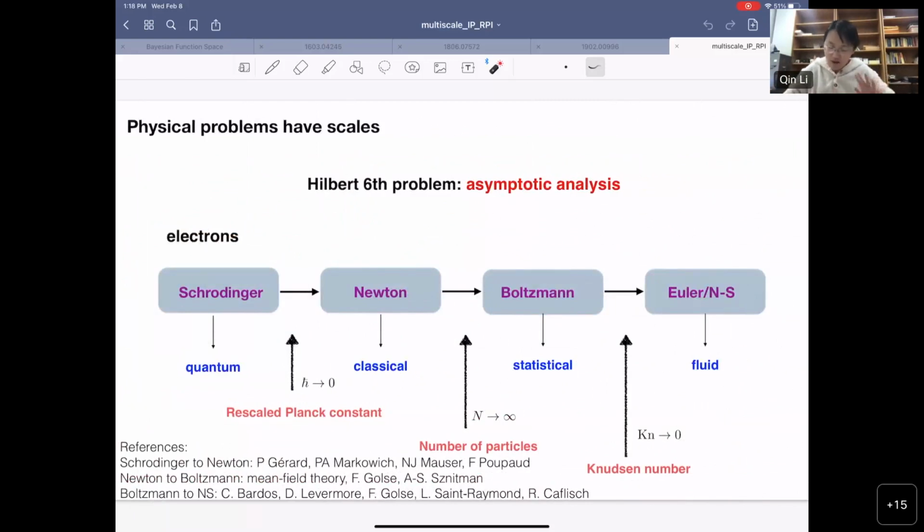And to this day, we roughly know that the underlying structure that connects one equation to the next hides underneath asymptotic analysis in the following sense. So suppose we're looking at the Schrodinger equation. There's a Planck constant called h bar. And we usually say h bar is 10 to the negative 34 and tiny. So h bar is a very small number. But if you really think about this h bar equal to 10 to the minus 34, it comes with a unit. And this unit is meters and seconds and kilograms, all this kind of unit.